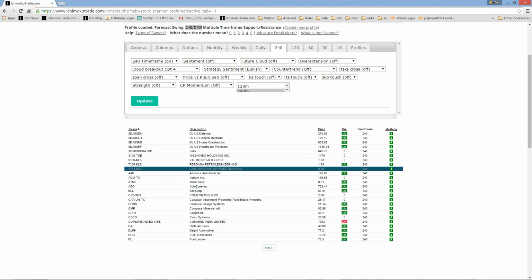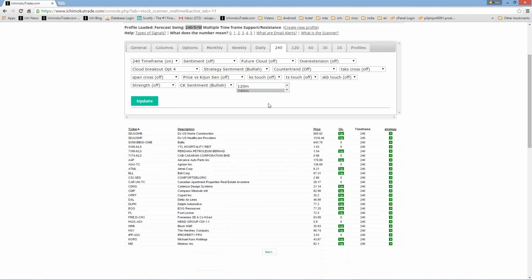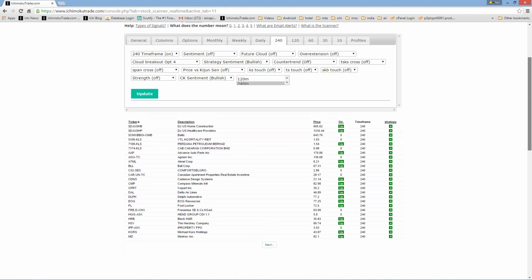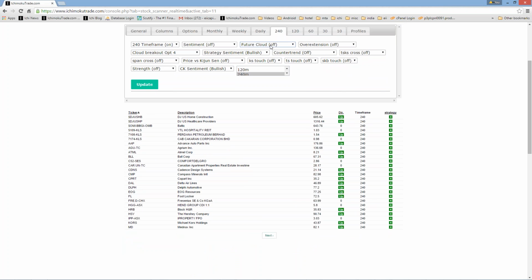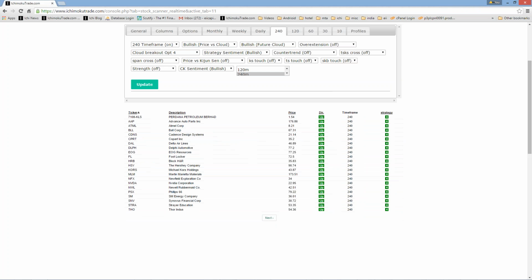Everyone see that? Okay, you could turn on all these other things in here, like there's momentum here. So you could say I want momentum to be bullish too. Click on that there. If you don't know what these are, you could download the free ebook that explains all the different strategies here, or you could go to any of those videos under the workshop videos or Ichimoku under the video section. Okay, so I have that there. I could say I want the future cloud to be bullish right here, and I want to make sure that price is above the cloud,